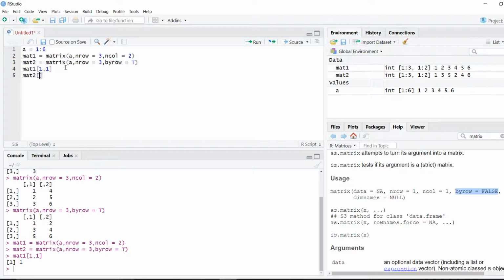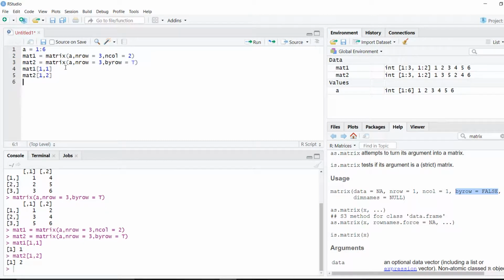So I will have first row 1, and 2 is my column. Press Ctrl Enter and you can see I get the value 2. Whereas in the first one I had value 4 here, here I have 2.